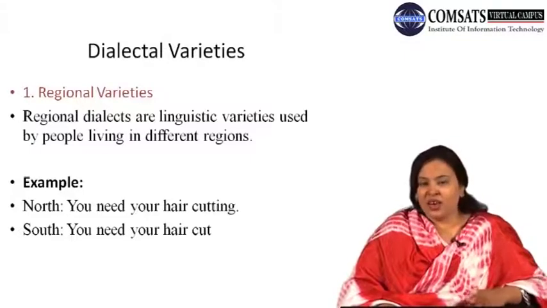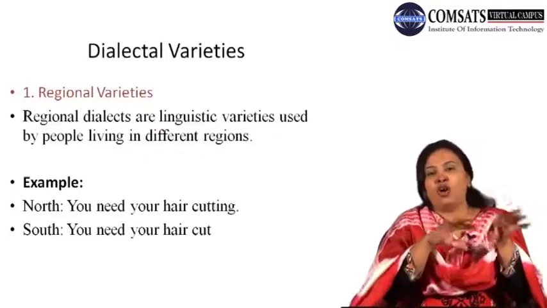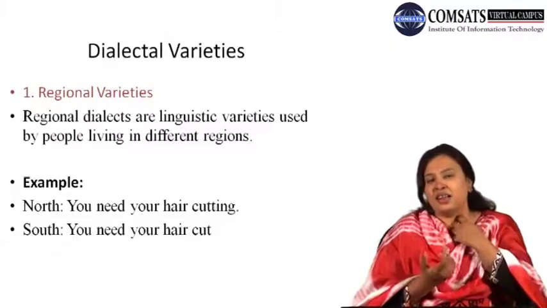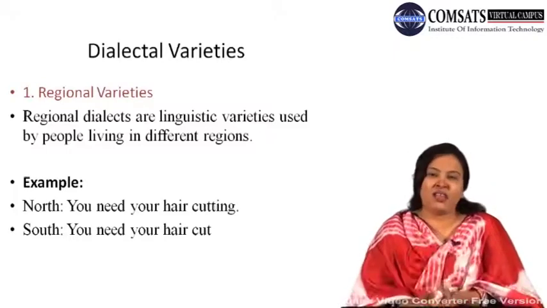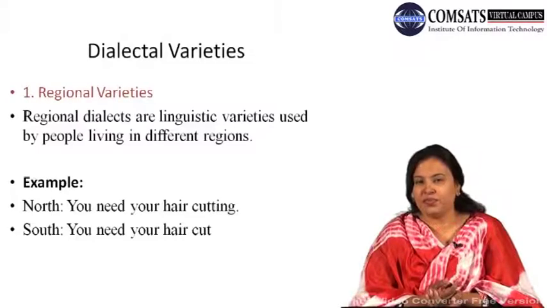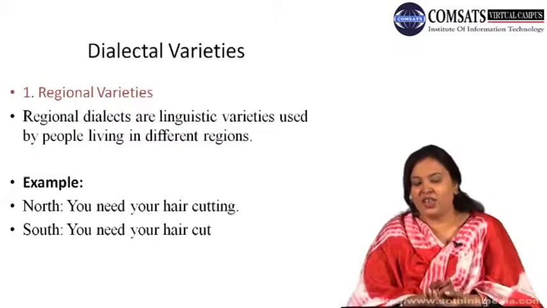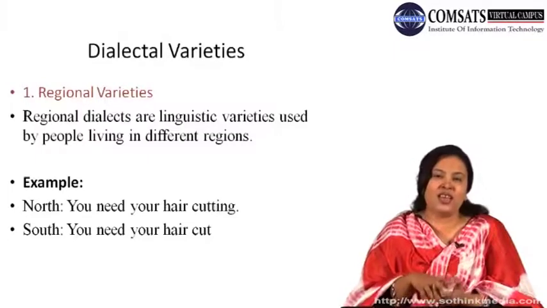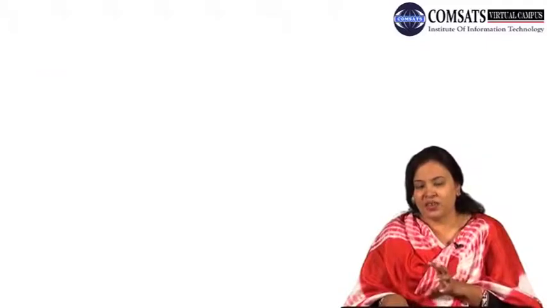So again, this is called regional variety, because according to the geographical position, whether in north or south or east or west, wherever it is, the people are speaking English. But according to different geographical locations, their language has certain types of variations. If you look at the sentences, what types of variations are there? Syntactical variations. Now, lexical variations. Over here, they use hair cutting, and the other word is used as hair cut. So the compound nouns are different for the two regional communities.